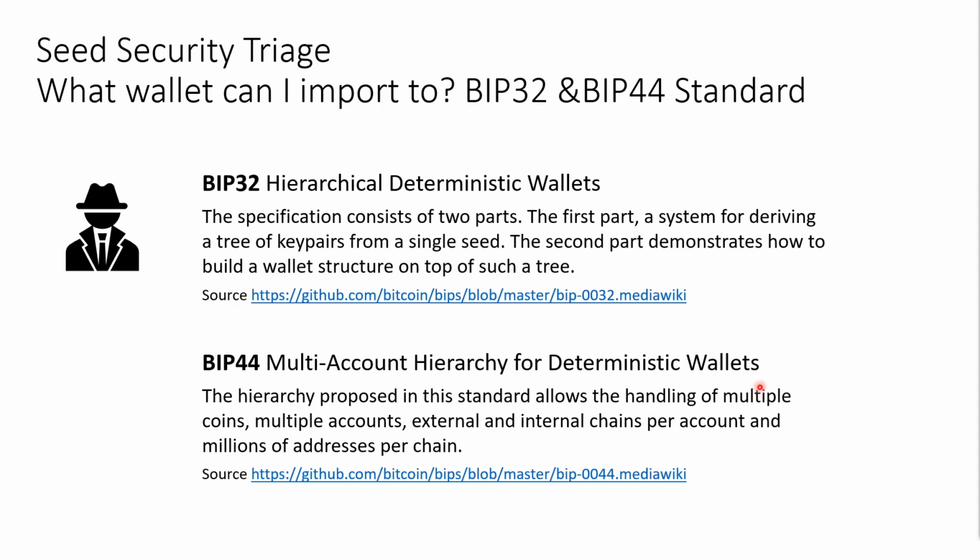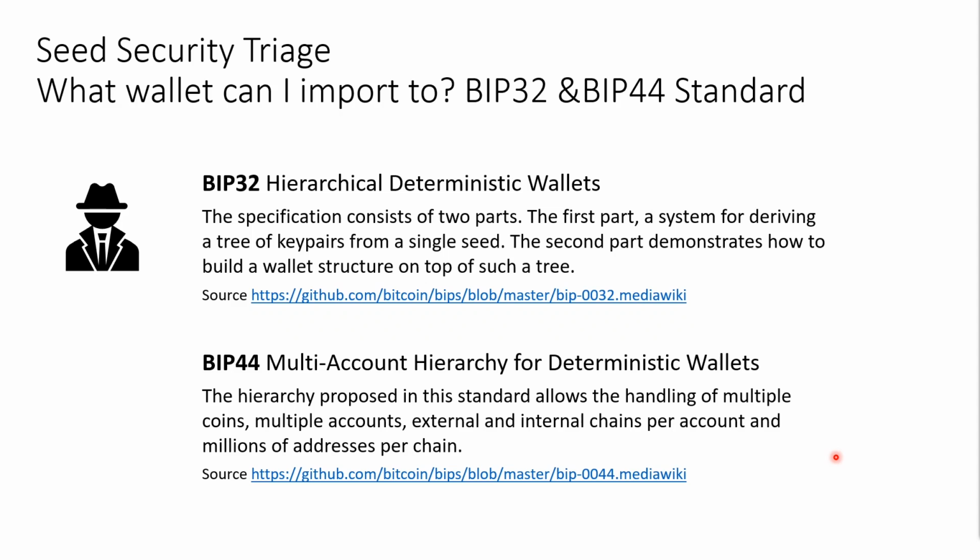And along with that comes BIP44, which is the multiple account hierarchy for deterministic wallets, so that's multiple coins, multiple chains. These three standards together build up the core of what most wallets do, where they manage all your seeds and your multiple addresses in your wallet and multiple coins and tokens within that wallet as well. So a little bit of technical jargon there, but